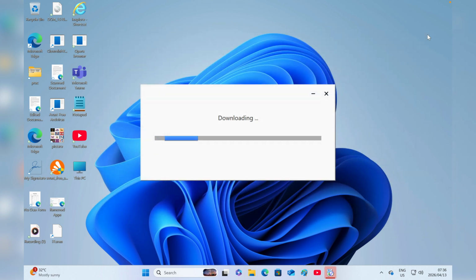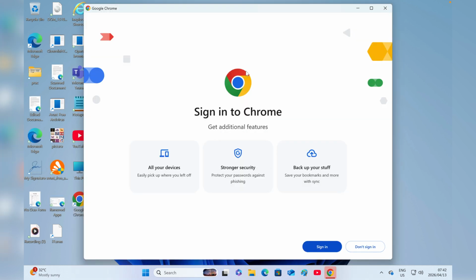There we go. Let me just quickly close this, and it's downloading. In 1 minute everything will be set. There we go. We've got 10 seconds left to complete the installation process. Let's be patient and let our computer do its thing. There we go. Download has been completed, and now it's quickly installing onto our laptop. Installation has been completed, and as of now I'm simply going to close Google Chrome,